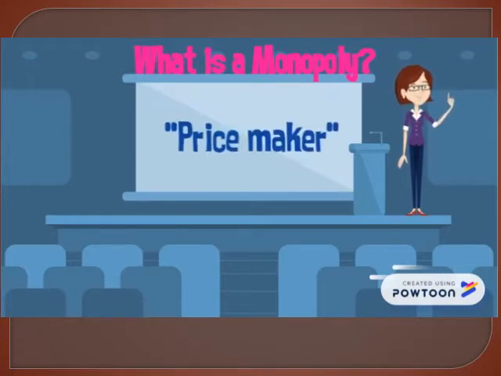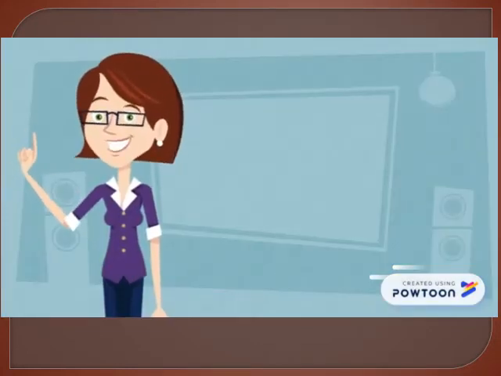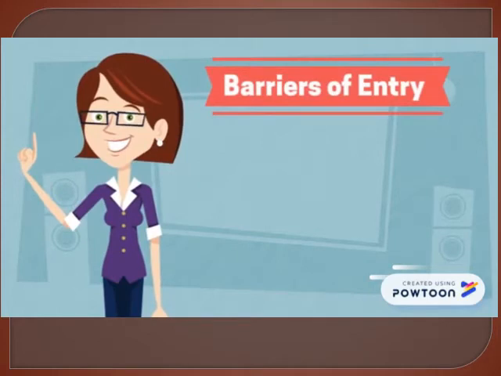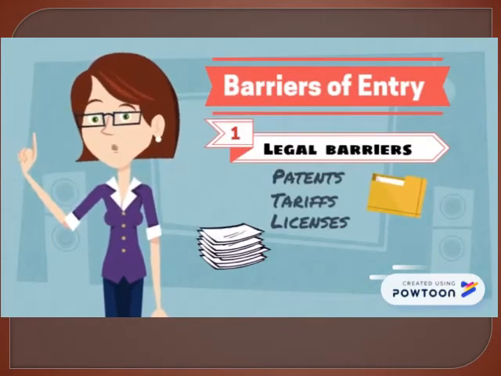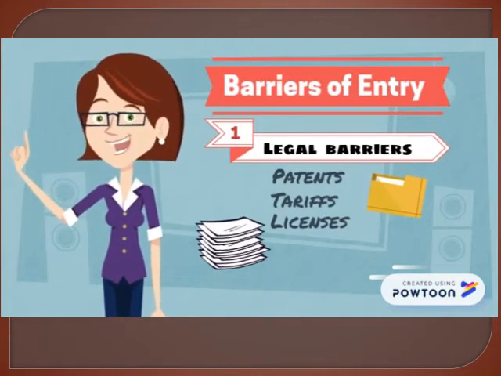This makes a monopoly a price maker, since they engage in non-price reliant competition. By being the sole provider of the good or service in their market, they can decide on the quantity of their product that they supply and what price they want to sell it for. Now, pure monopolies are rare, and in order to exist, there must be barriers established to prevent competitors from entering the market. For example, legal barriers. Even though the U.S. government has many laws that prohibit monopolies from forming, exceptions may be granted to certain businesses, allowing monopolies to still exist today.